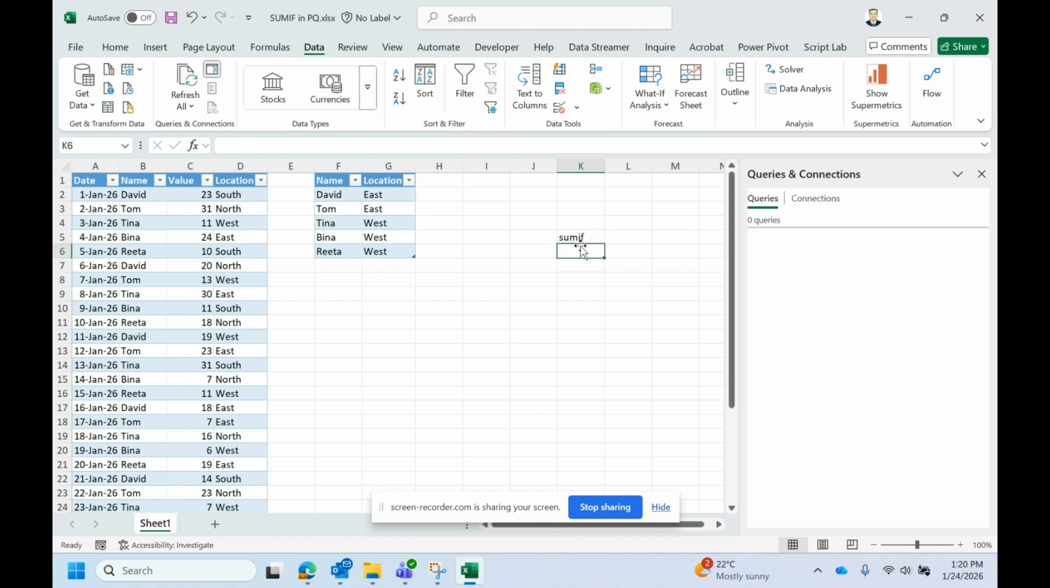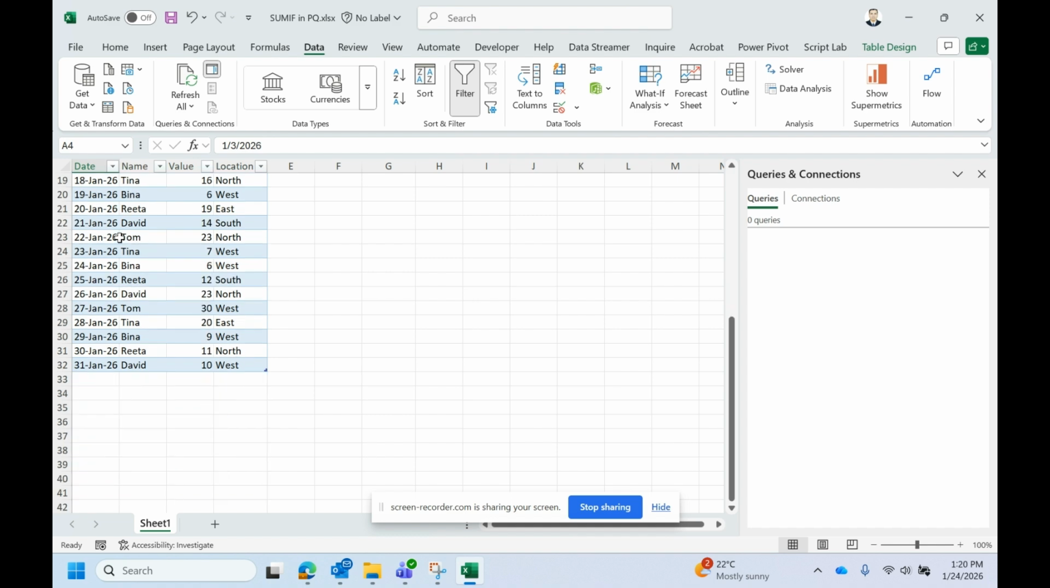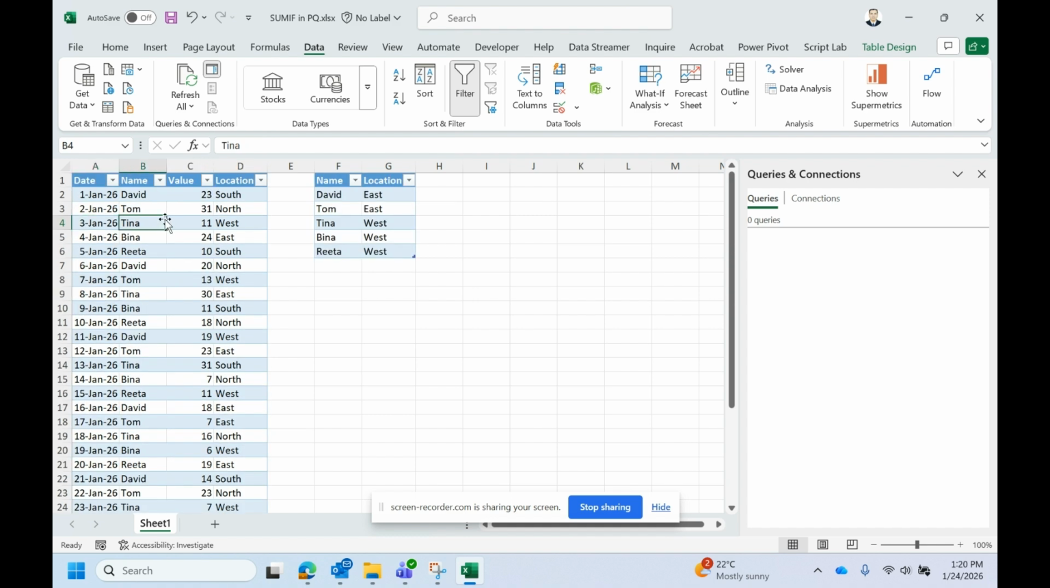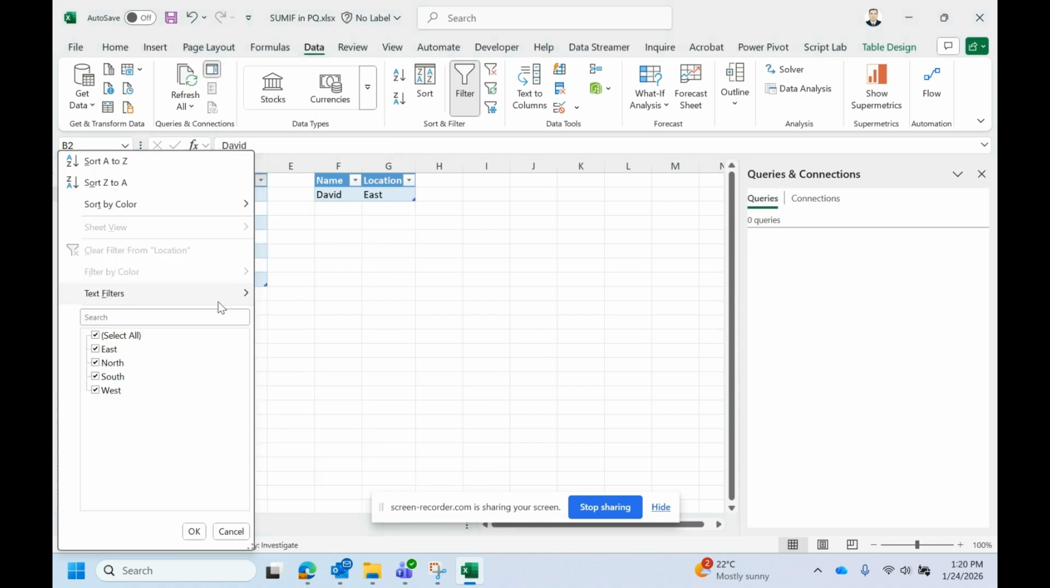So I have two tables here. One is this one. Here I have one month, Jan 26 data: day, month, date, name, value, and the location. Based on the name and the location, I want to sum up the value. So let's say debit and the location is east. If I filter the debit here and take east,